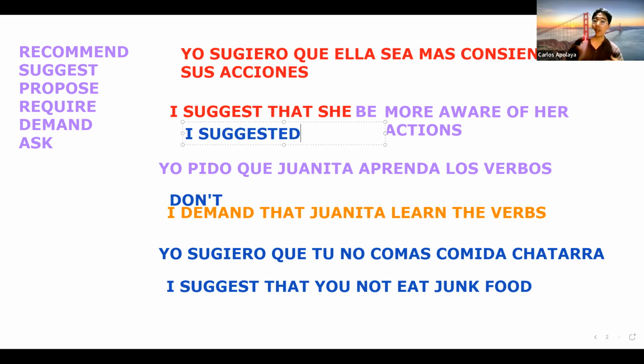As I said before, when you want to give a piece of advice or when you consider that something is good for somebody else. Por ejemplo, yo considero que escuchar música en inglés sería algo bueno para ti. Entonces, yo te propongo: I propose that you listen to music in English. O tu hijo quiere aprender inglés. Bueno, yo te sugiero que tu hijo sea más creativo. I suggest that your kid be more creative. No te digo, I suggest that your kid is creative. No, no, no. I suggest that your kid be more creative. Did you understand, Mary?